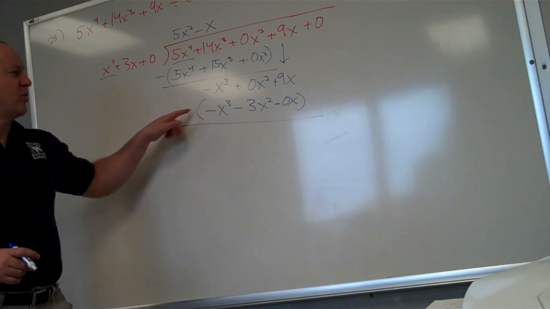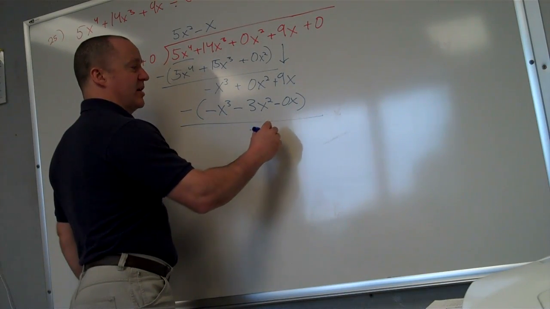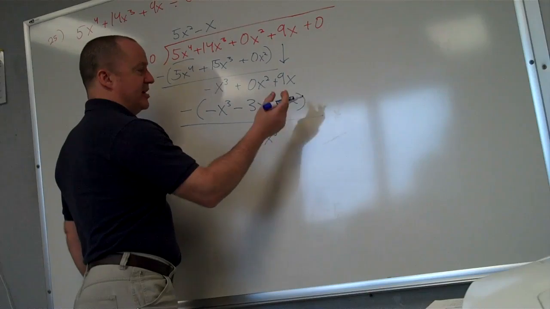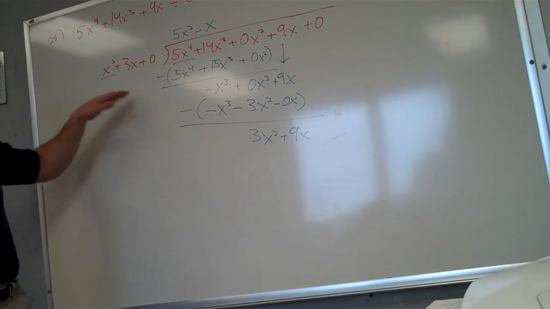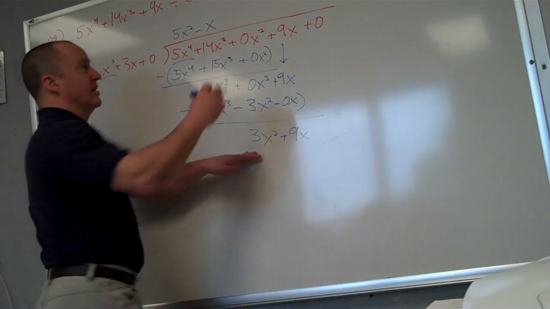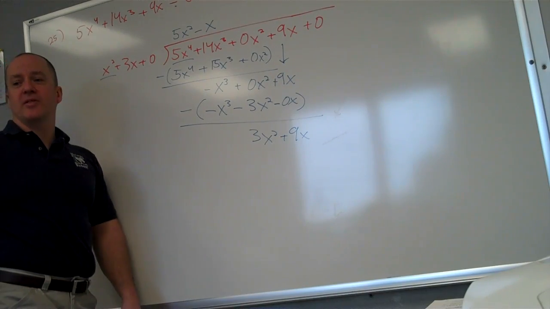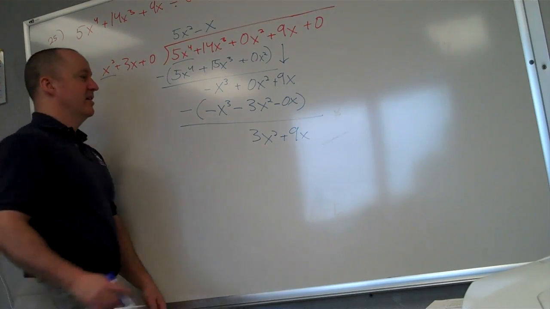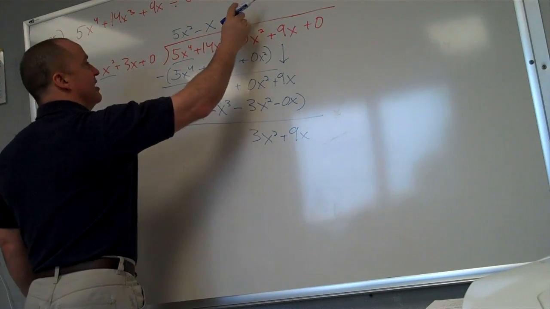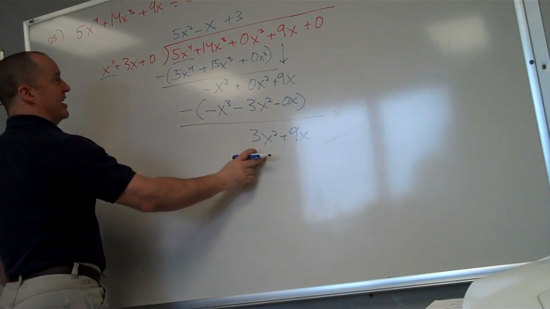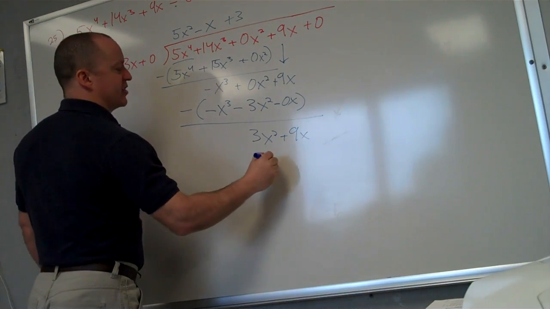And this is 0x squared minus negative 3x squared. So that's going to be plus 3x squared. And it's going to be 9x plus 0x, but who cares? Plus 9x. And now I ask myself, what times x squared gets me 3x squared? Wait, how'd you get 3x squared again? What's 0 minus negative 3x squared? Oh, I didn't put negative 3x squared, that's why. Yeah. And now I say plus 3, because we have 3 times x squared to get this x squared, and when I distribute, I get 3x squared